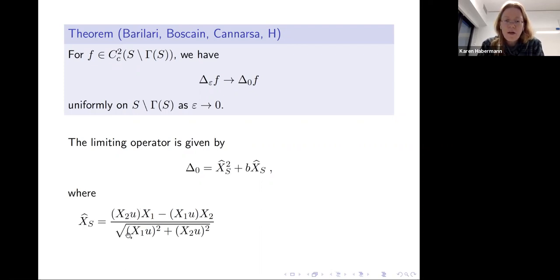If you see it for the first time, it might look very strange to you, but the nice thing is that, early on, I claimed that everything we do only depends on the contact distribution D and G, and that we only use x1, x2, and u for notational convenience. And this is a good place which illustrates that, because in fact, what happens here is that x hat is a unit length vector field on S minus its characteristic points, which points along